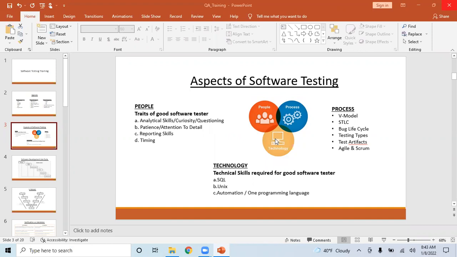When you are executing a process, you have to interact with the technology. While you're doing functional testing, that's a process. You have to use a tool called Jira, or a tool called SQL. You might also use Unix. So that's where technology comes into a process. As a part of a process, technology comes in, and technology helps improve a process. So let's first understand the process, and we have very detailed workshops for technology. During that time, we will focus more on that.